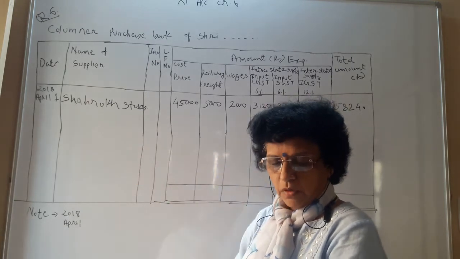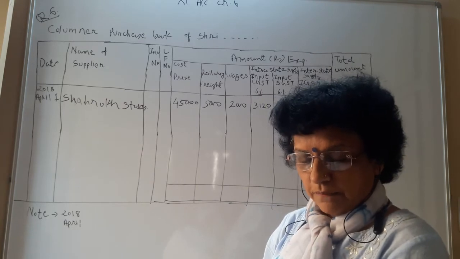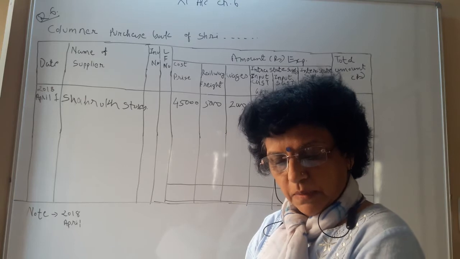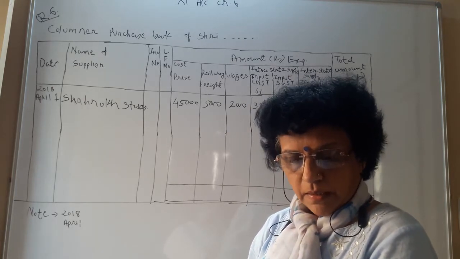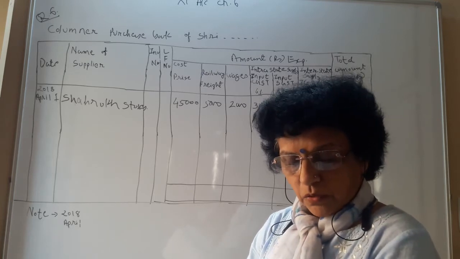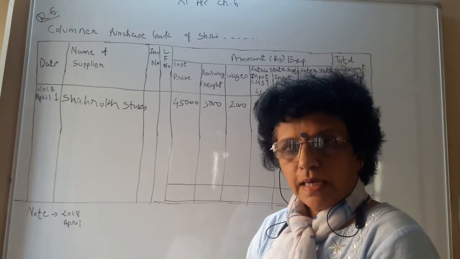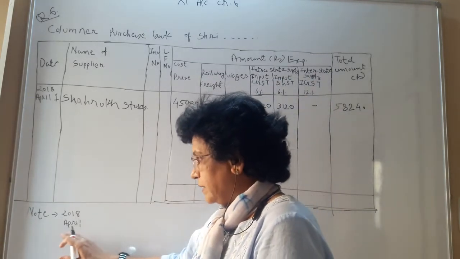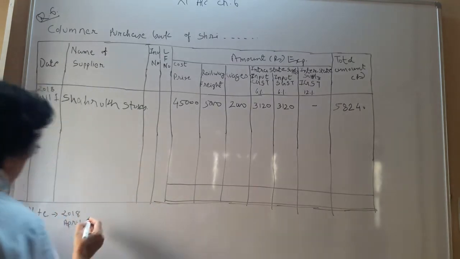On the 5th, next transaction, goods purchased 30,000 at 5% trade discount from Deepika. Total amount paid immediately. Underline. When the immediate payment is made, it means that it is a cash transaction, including a labor of 500 and a railway freight 600. The cash transaction will go to the cash book. So here we will write a note 2018 April on the 5th day.